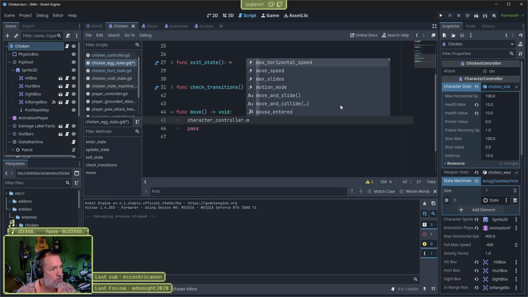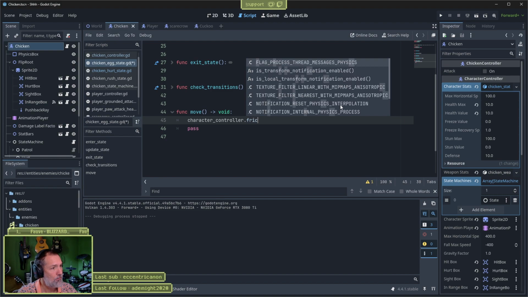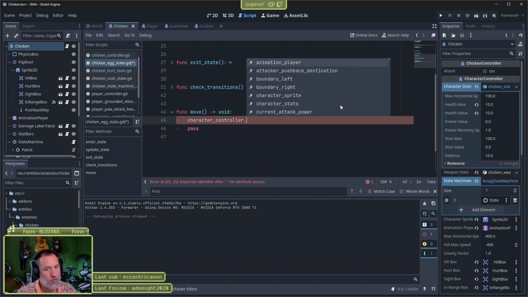Okay, is there any friction stuff? Not really. So it's very manual indeed. Okay, okay. Maybe I could use, I don't know, I need